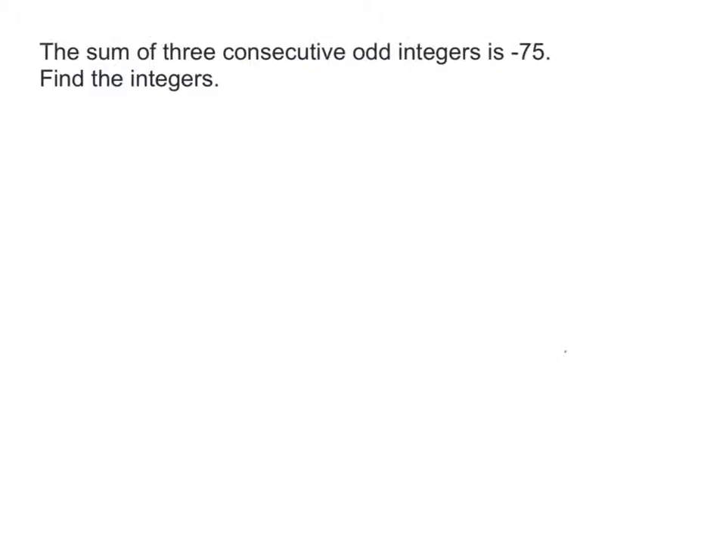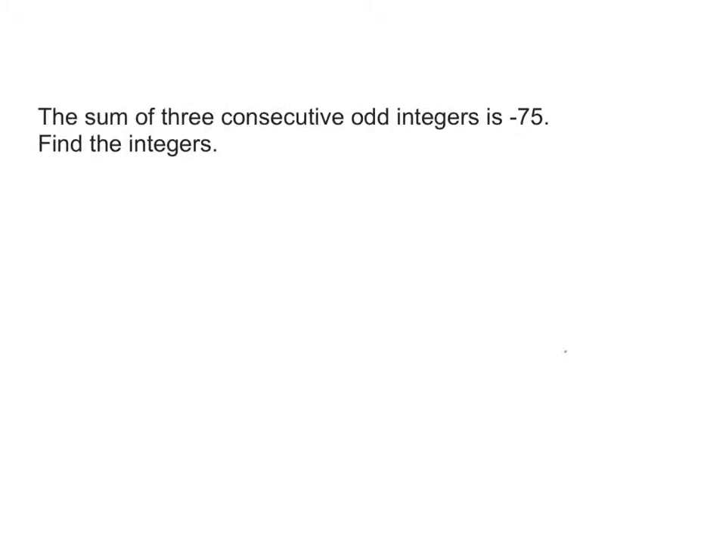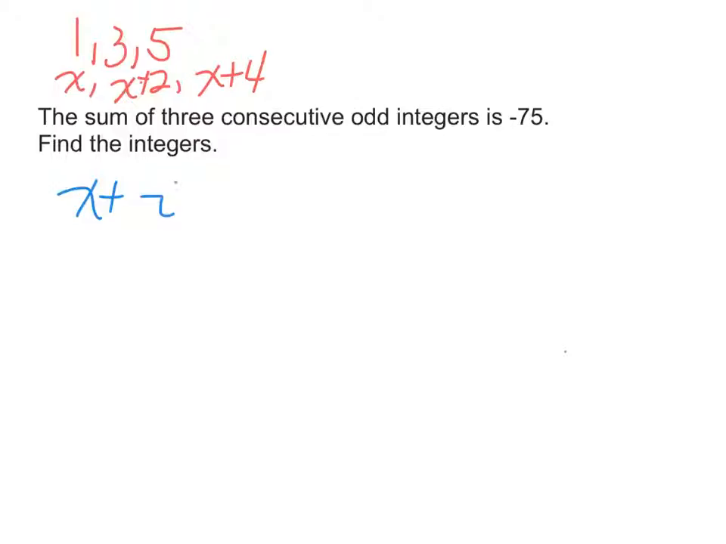If we start just playing with some odd integers to figure out what they mean by consecutive odds, let's just start with 1, 3, 5. So if 1 is x, to get to 3, I added 2. To get to 5, I added 2 more to that. So the sum of three consecutive odd integers, I'm going to have x plus 2 plus x plus 4